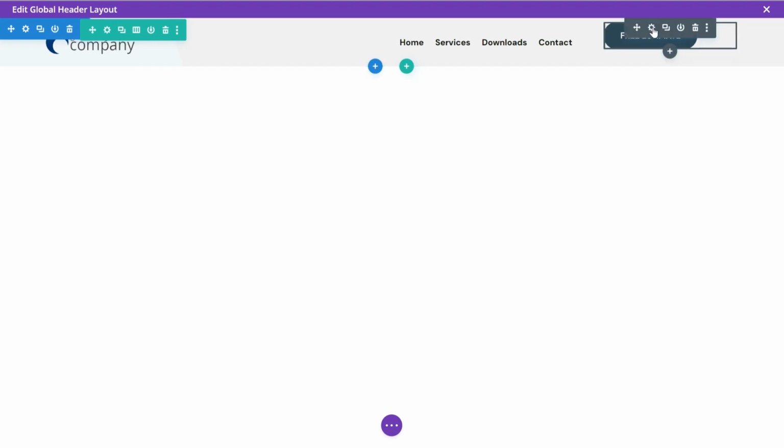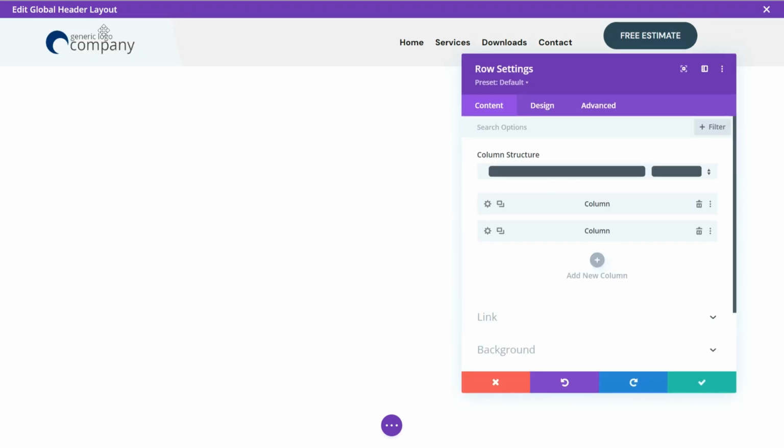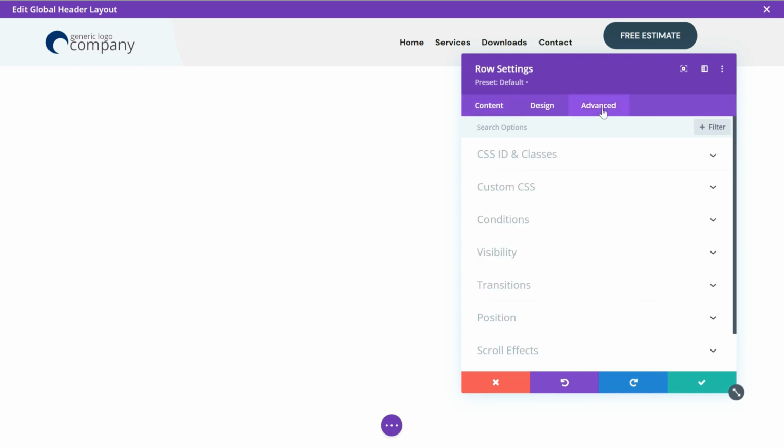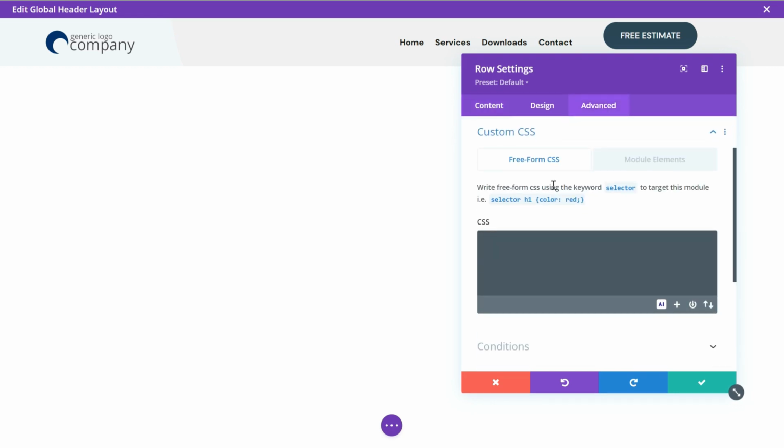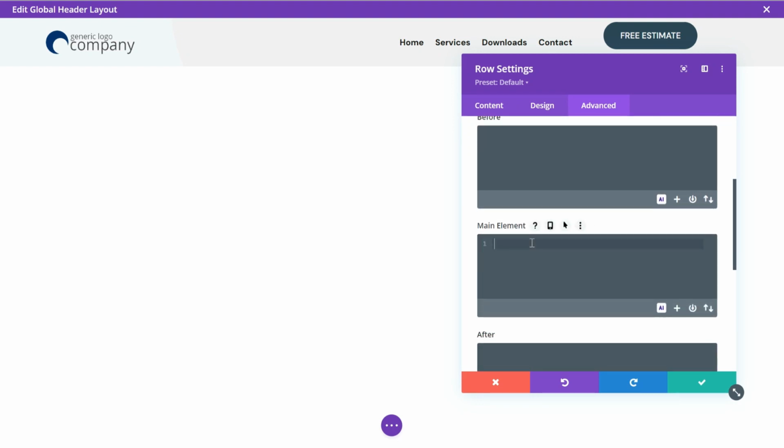And sometimes people will try to use margins to get this to shrink down, but that's not quite as reliable just based on different screen sizes and things. So here's a quick way that you can do that just with 3 lines of CSS. So we're going to open the row settings, we're going to go to advanced, and we're going to go to custom CSS, and then module elements, and we're going to come down to the main element, and we're going to